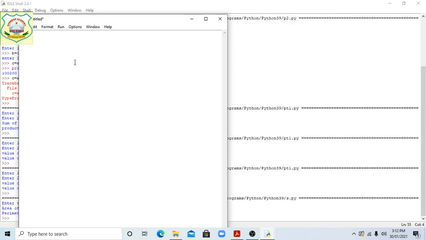Suppose A equal, you are asking about the purchase of a stationery item, so we will use the purchase stationery item. What should it be? Suppose we are taking the pen, so P equal str, then what should be? Input.